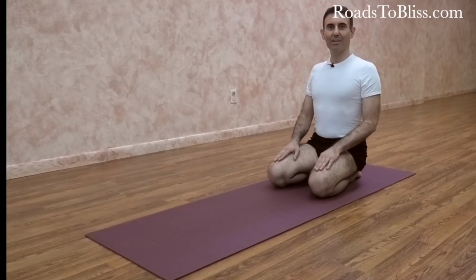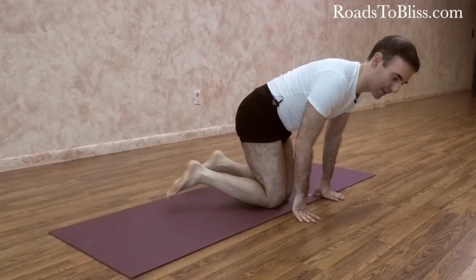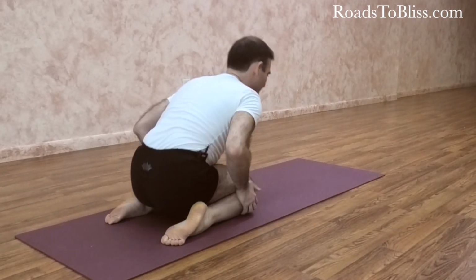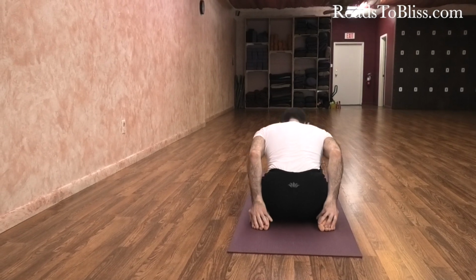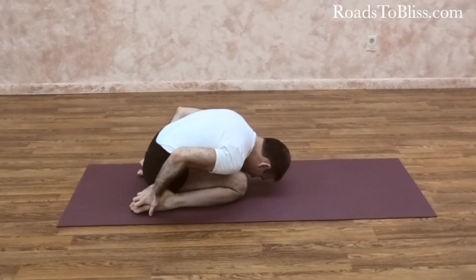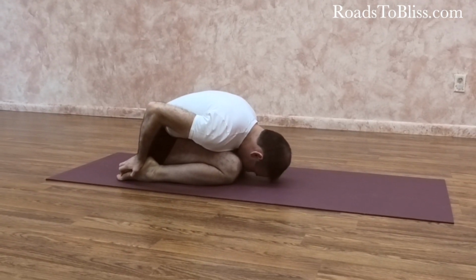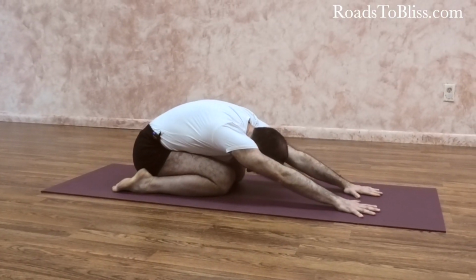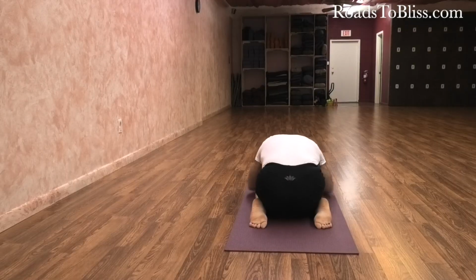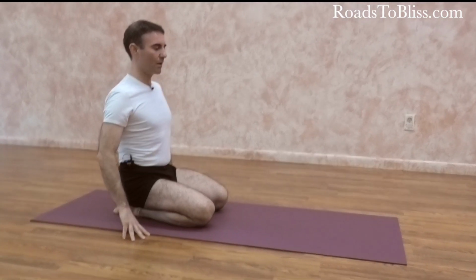Show the pose Adho Mukha Virasana, otherwise called Adho Mukha Vajrasana. Adho Mukha Virasana is considered legs in Virasana and going forward, in one way or in this other way. It can be done also in a simplified way with legs apart, and this is usually the way that is